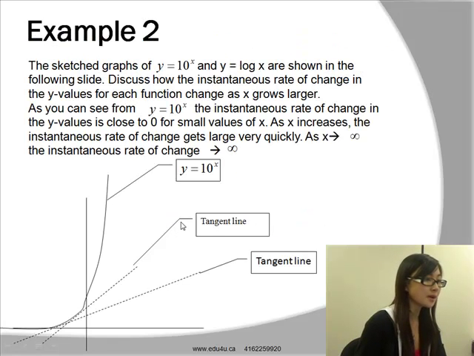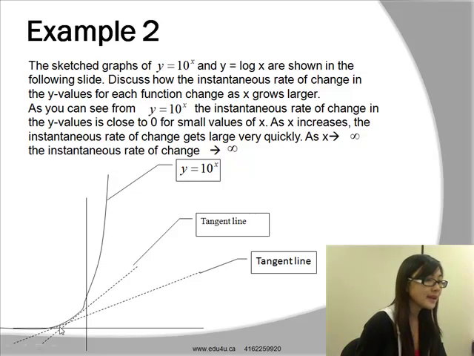Now let's take a look at Example 2. The sketch graph of y equals 10 to the power of x is shown on this slide, and y equals log x is shown on the next slide. Discuss how the instantaneous rate of change in the values of y for each function changes as x goes to infinity. So you can see from this graph that the instantaneous rate of change in the y value is close